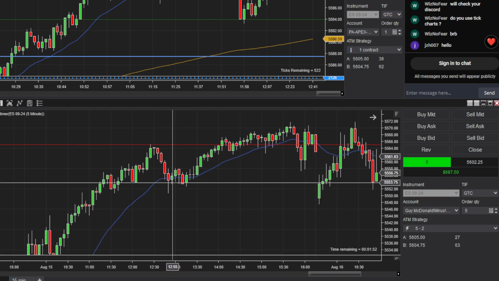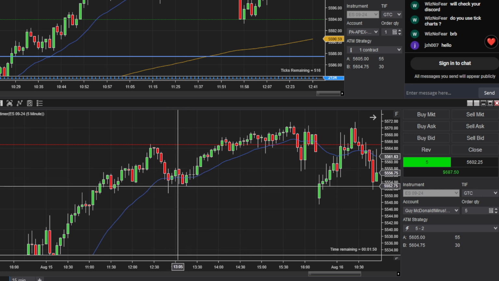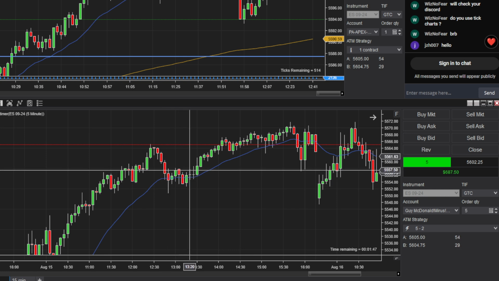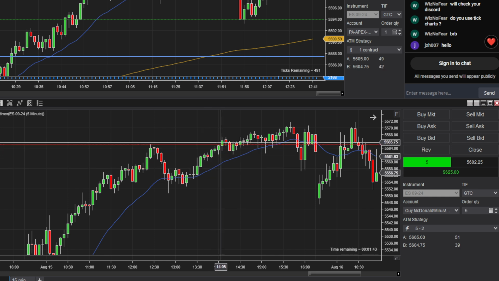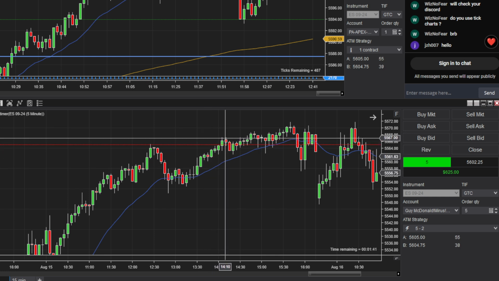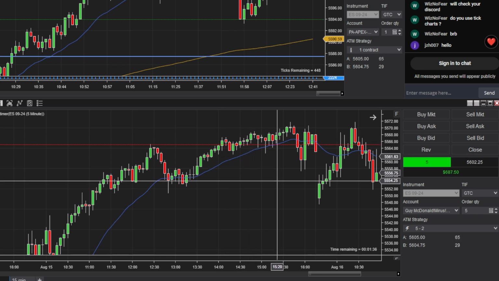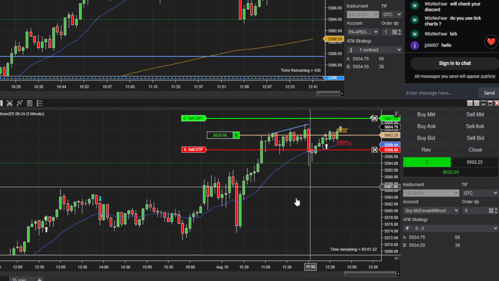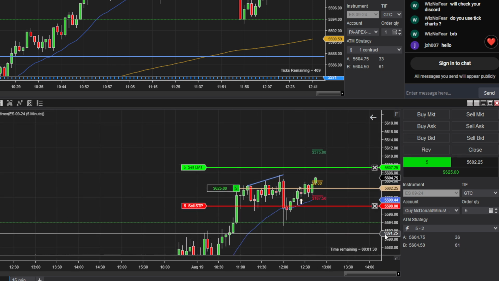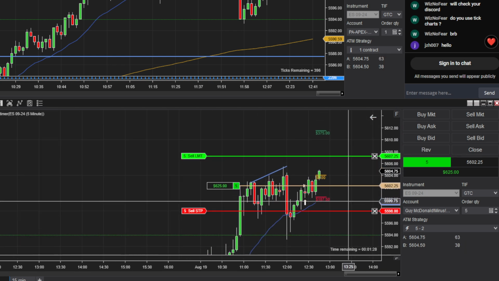We have a pullback to the moving average, double bottom, second entry long. I'm just going to go for 10 points. And you'd either be getting out on the top of this bar or over here. And that's going to be good because you're taking trades in the direction of the trend, and